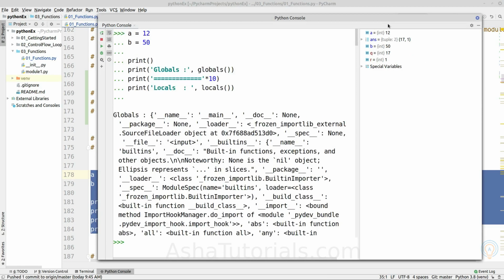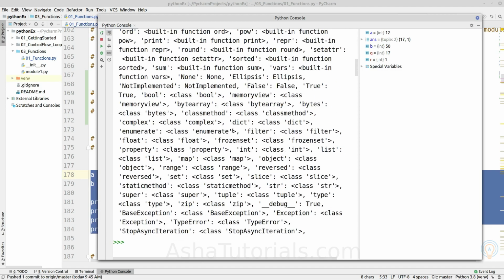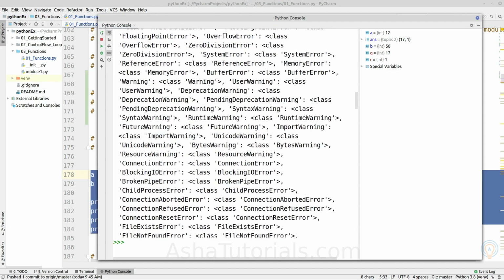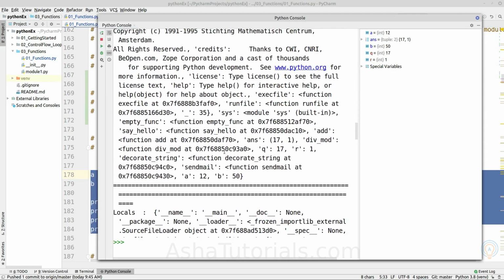As we can see, it gives a huge output. First we printed the globals. These are the functions and classes of the built-in module, which is implicitly imported and available to all modules. As we can see here, our two variables defined at the module level are included in the global scope.